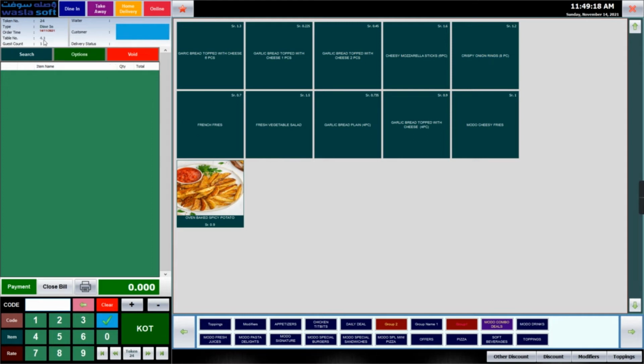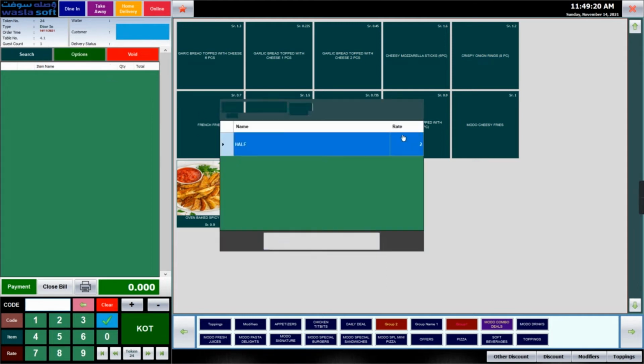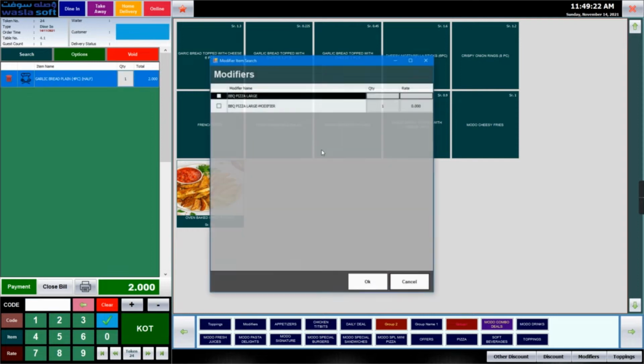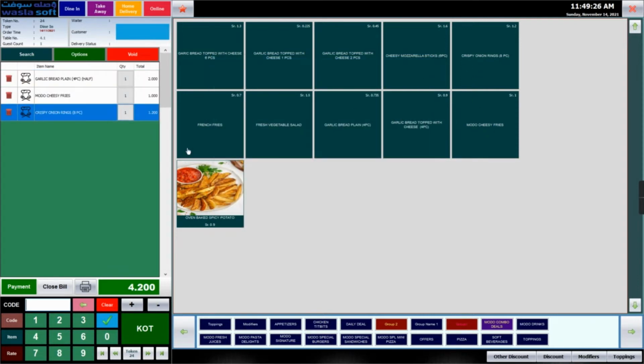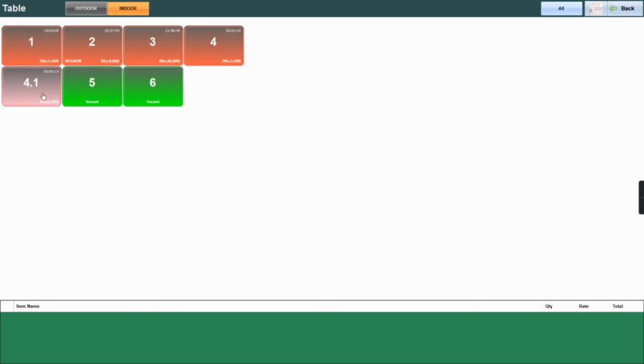It automatically comes as 4.1, and you can directly take the order here. When you go to dine-in, you can see 4 and 4.1. 4.1 is a split table of 4, and both are occupied.